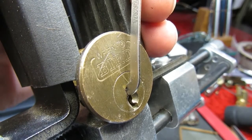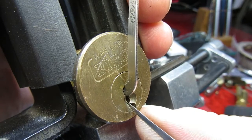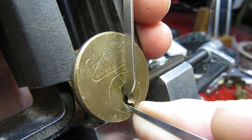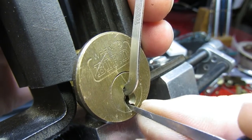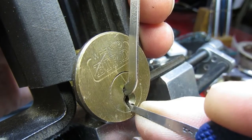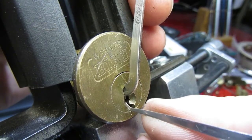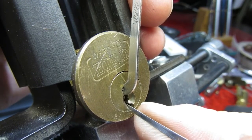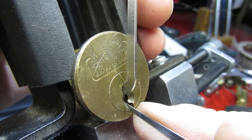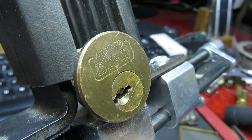I have to be careful picking this because there is a clip missing off the back. So 1, 2's binding, and we've got a little bit of a full set. 3, 4, 5, we've got a nice click, very slight movement. 1, 2. Well, looks like it definitely could do with some toughening up,